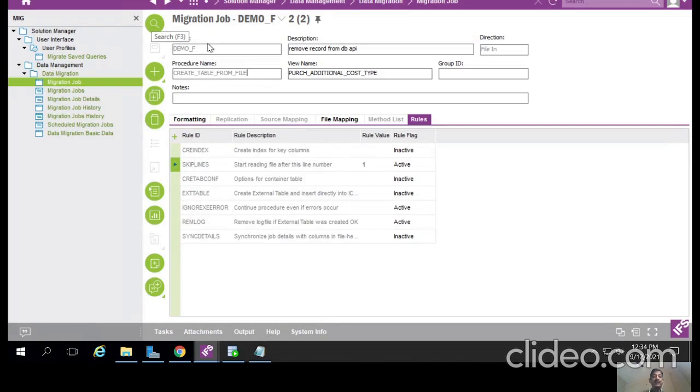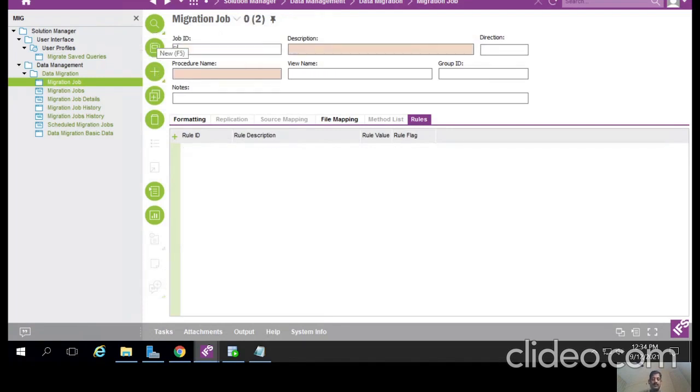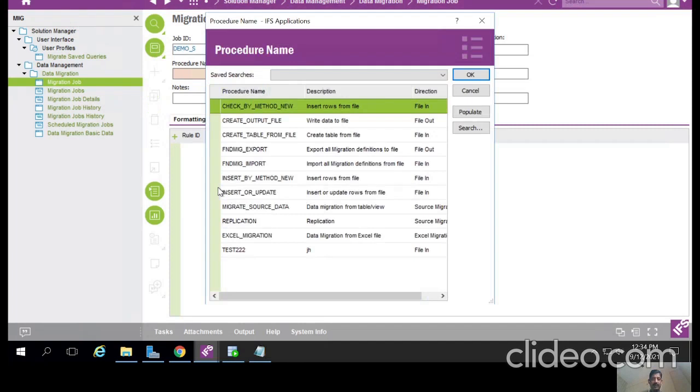So we are creating a new job for this. The procedure name we are choosing from here, the source to migrate procedure.